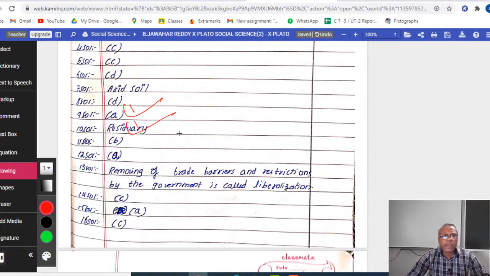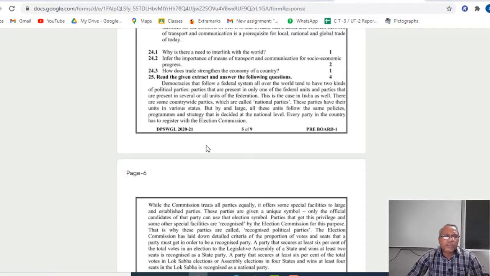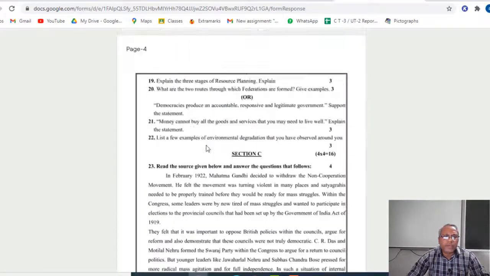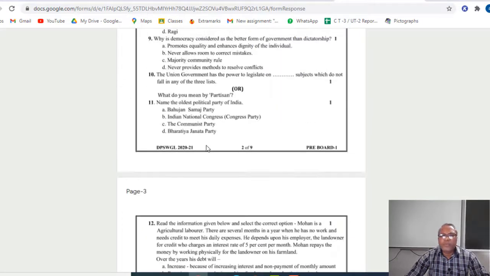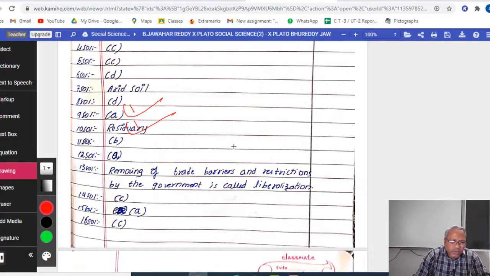So I have already opened the question paper. I can check question 11. If I have any doubt right now, I can see the question paper. Question number 11, it says yes, the answer should be B. The question is here, so I'm coming back to that. Okay, this is also correct.